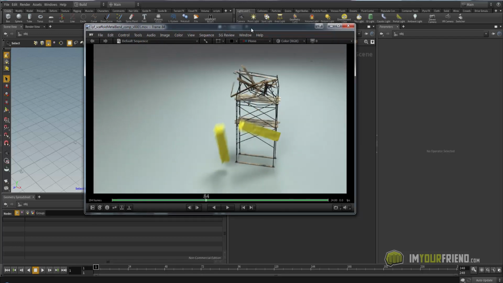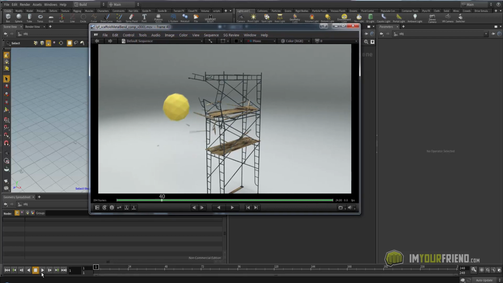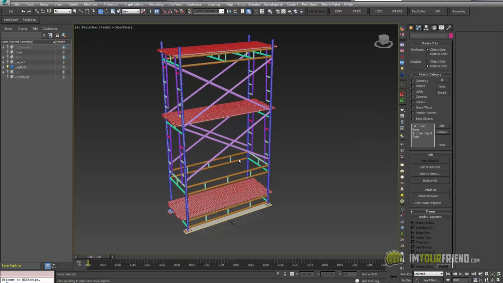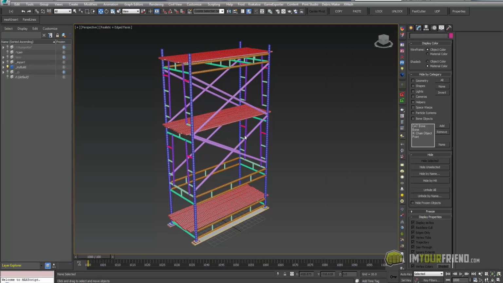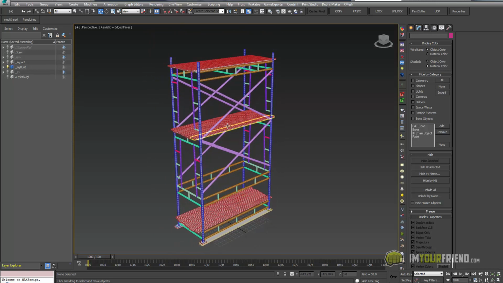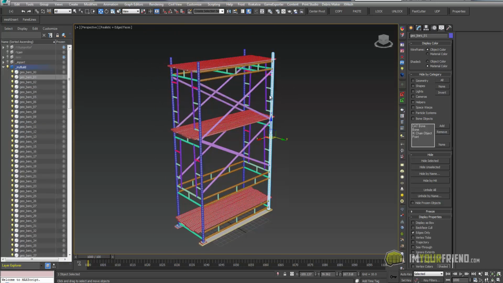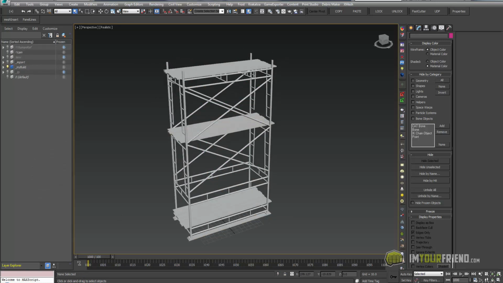So let's get right into it. Before that, this asset was bought on TurboSquid, so I kind of went in and cheated and took it and rebuilt it myself. So you can download this and throw it in your scene and follow along. It's basically just made up of some basic cylinders and boards and shapes. But all right, let's get right into it.